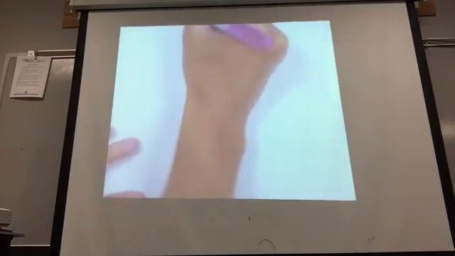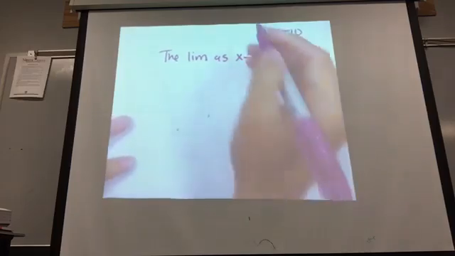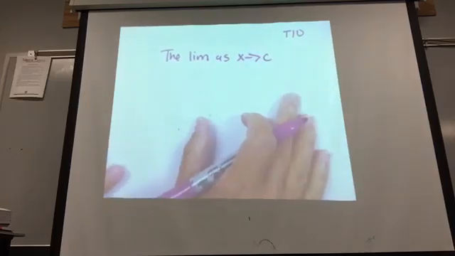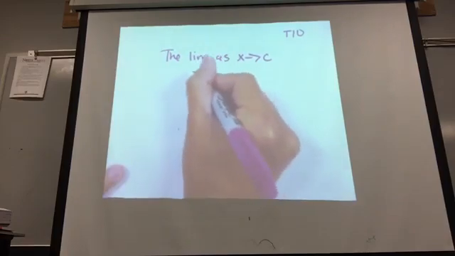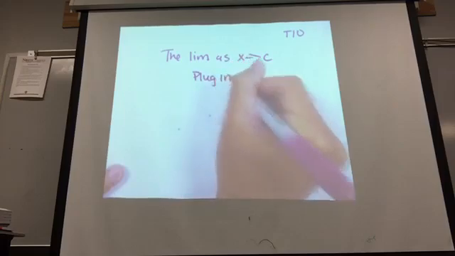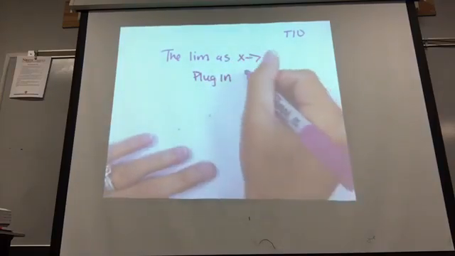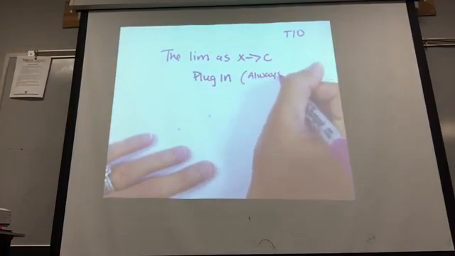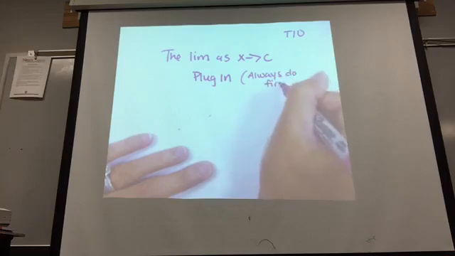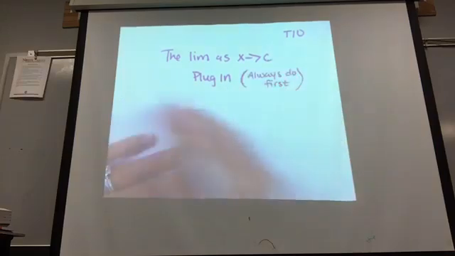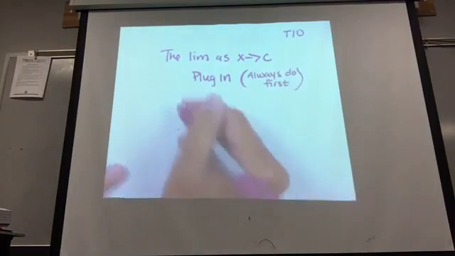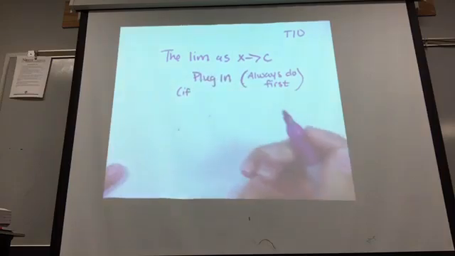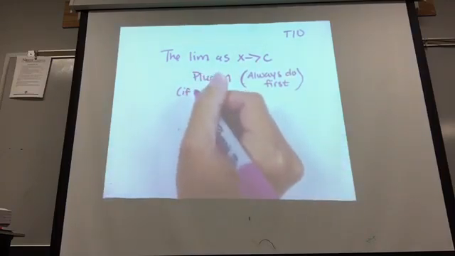So far, we'll make a little diagram. We know that to evaluate the limit as x approaches c, I can plug in. So I always want to do this first. And if I get my answer, that's great, I'm done. But if it's indeterminate, so that's the form 0 over 0,